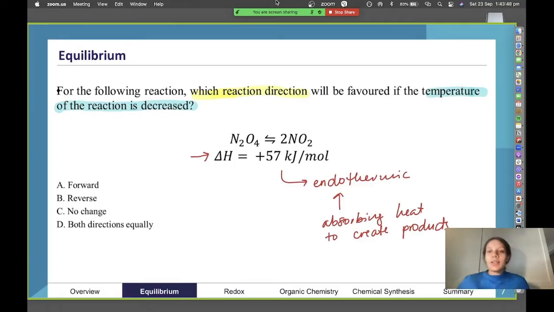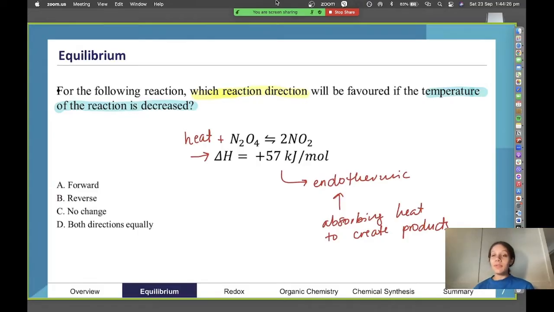Okay, so then that means that if we're looking at our equation, a really useful tip I have for these kinds of questions with temperature is to actually write in heat as if it's a product, like as if it's an actual chemical species, like if it's a reactant or product. So what that means is we're going to be absorbing heat in this reaction. I'm going to put heat at the front there. And then we can kind of treat a temperature increase or decrease in the same way we kind of treat these questions related to concentration. So what I mean by that is if we want to increase heat, we shift to the side that has heat on it. If we want to decrease heat, shift away from that side.